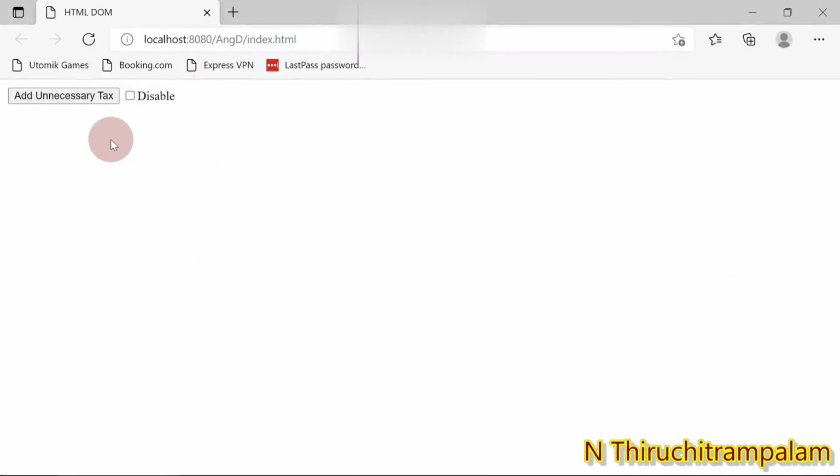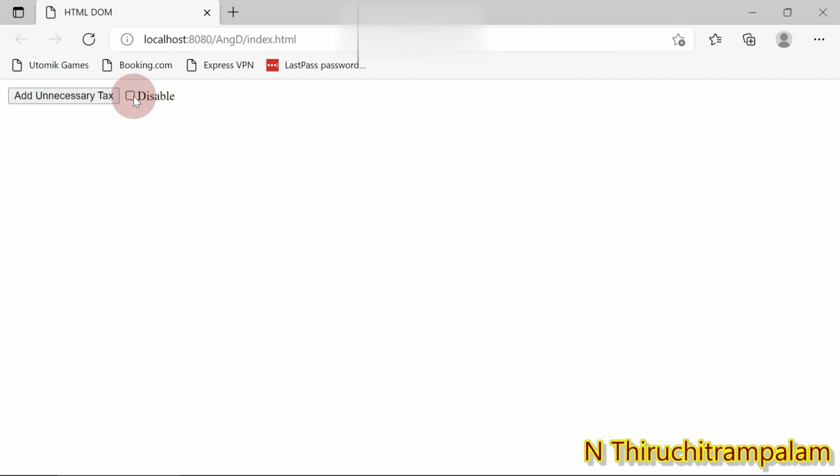Here you can find the button named add unnecessary tags, and nearby you can see the checkbox labeled disabled. The concept is that when I click on this checkbox, this add unnecessary tags button should be disabled.